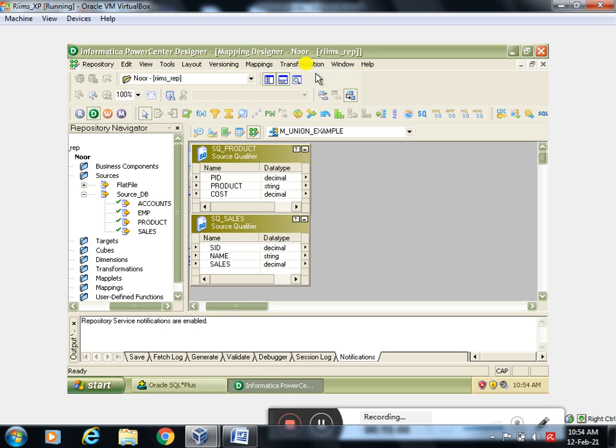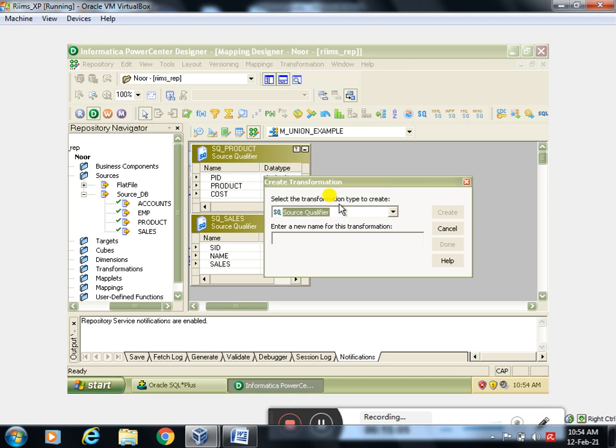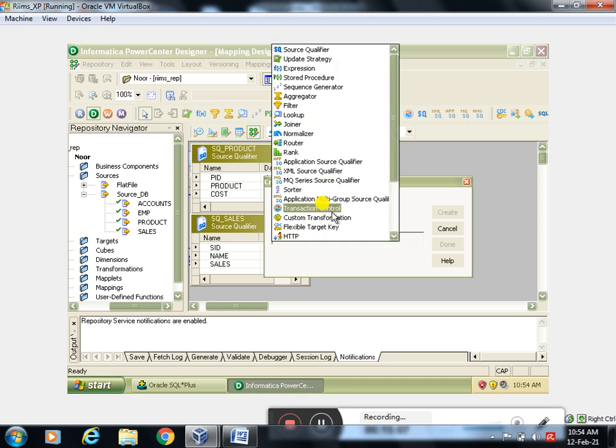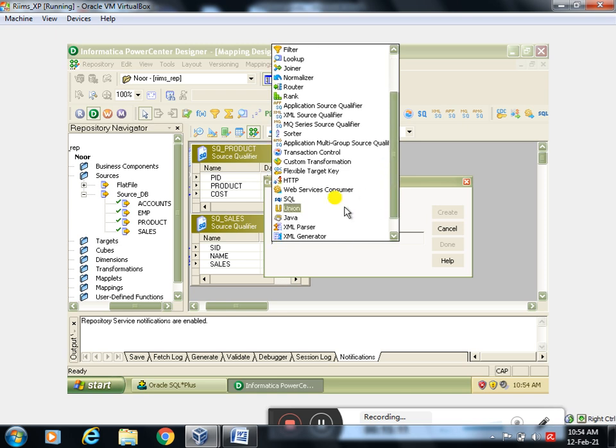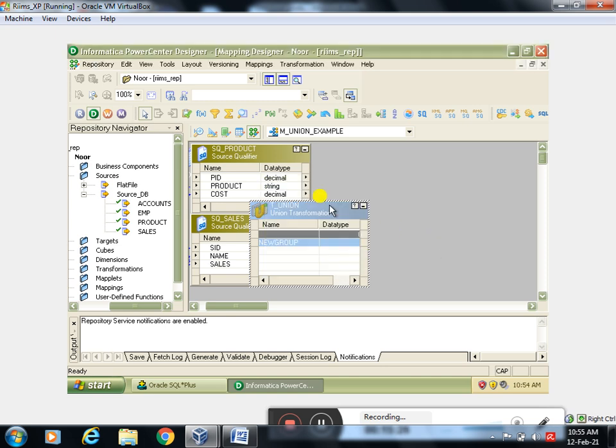Next step, go to transformation, create. We have to choose union transformation. Where is union transformation? Here it is, union transformation. Give the name of the union transformation: T underscore union. Create, done.